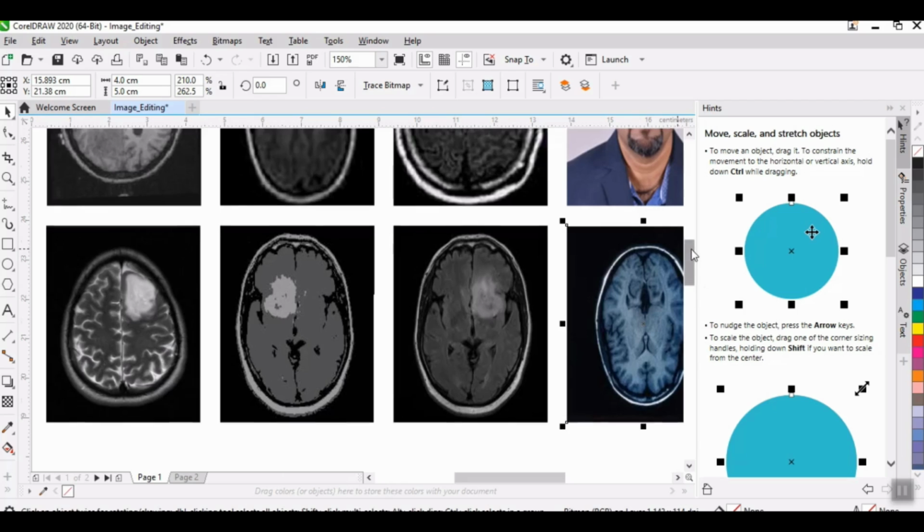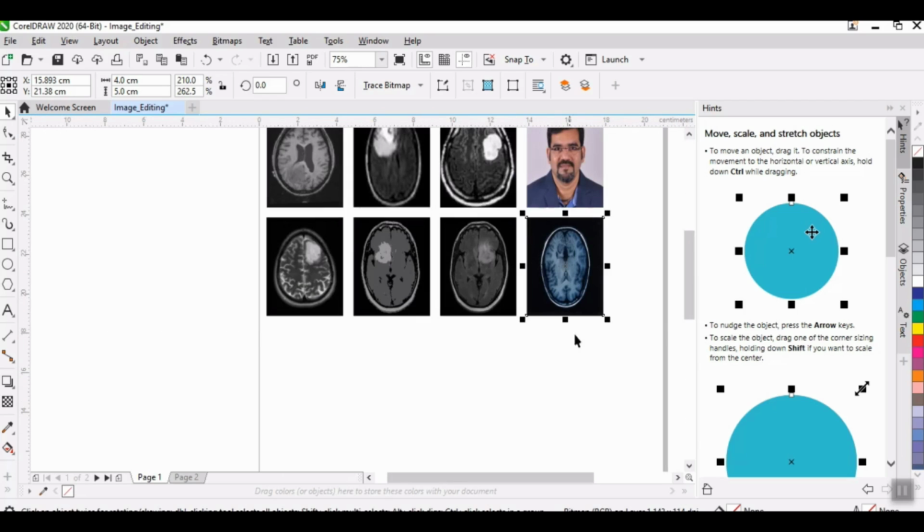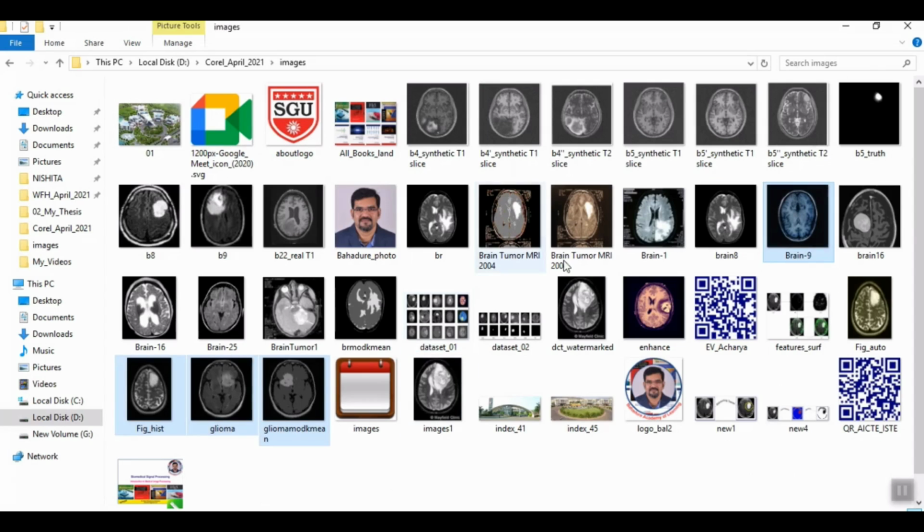So if the image is available anywhere within this layout, you can click on the image and change its position by changing these position values. Remember, this indicates the position value of the images, and this indicates the size of that particular image, that is height and width of the image. So repeat the same thing for the other images as well. We'll take only one more image here for reference.